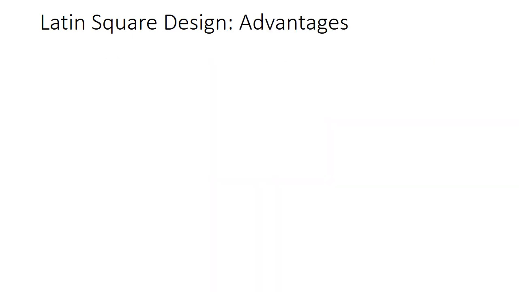A Latin square design is useful for controlling 2 sources of variation. It is commonly used for animal experiments and can be more efficient than a CRD, especially when there is a limited number of experimental units. For example,